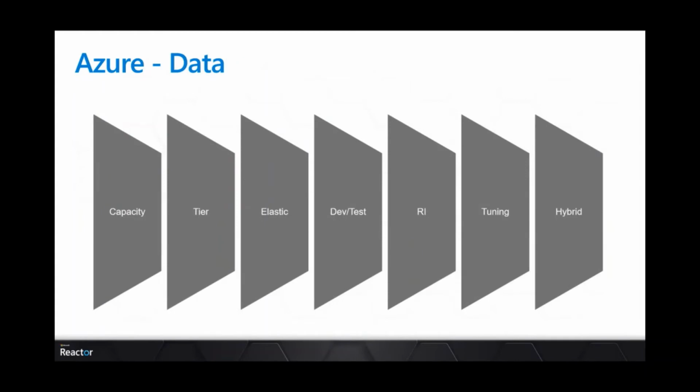You may be using various kinds of databases. You may be using, let's say, blob storage or S3 storage. Again, here the dev test environment conversation comes into the picture along with reservations. But the bigger factor, and this should be a regular practice across all the resources that you have, is regular monitoring. Review those metrics and performance on a regular basis, and see whether the pricing or sizing tier that you've chosen for a given service